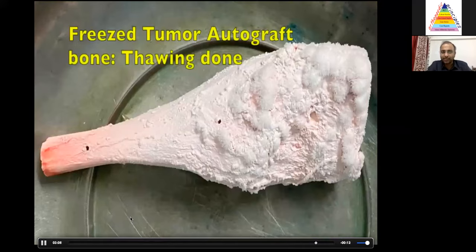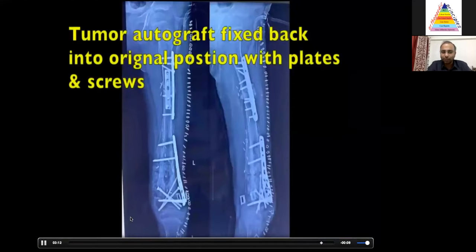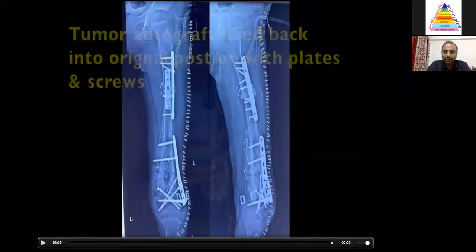So the disadvantages: there are chances of breakage of this bone. Fracture can happen in this bone. And here we had used 2 plates, one lateral, one anterior, and again a distal plate. So a total of 3 plates were used for this case. So this is an alternative for ECRT, that is extracorporeal radiotherapy: the use of liquid nitrogen.